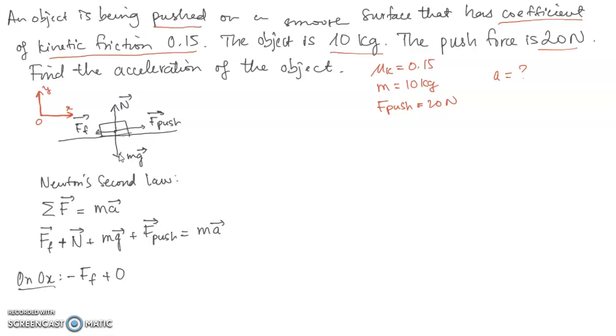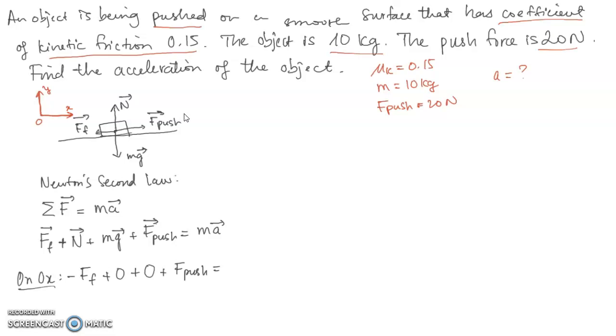Mg is going down, perpendicular to OX, so that is also 0. And F push is in the same direction as OX, so it will be positive, plus F push, equals